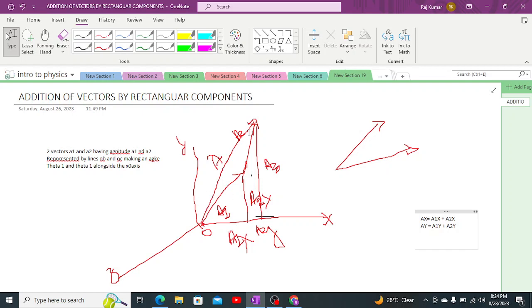Now A is basically forming a complete triangle. It is forming a complete right angle triangle in which there are two components, Ay and Ax. Ay is equal to A1y plus A2y, Ax is equal to A1x plus A2x. Now in order to find the magnitude of A, what is the correct formula for finding the magnitude of A? The magnitude of A can be found by the formula